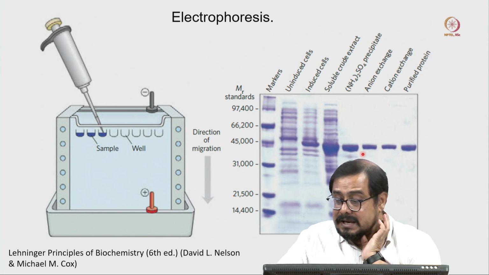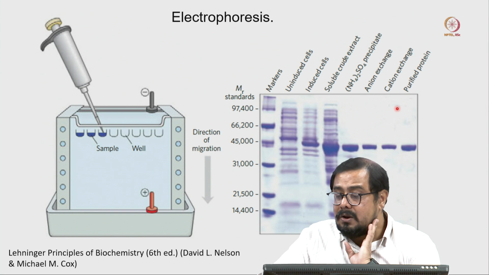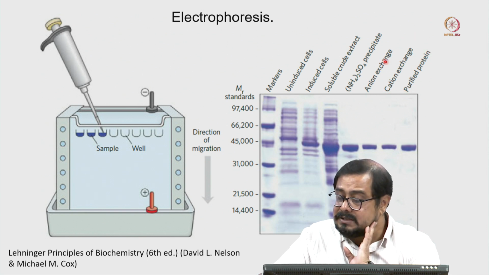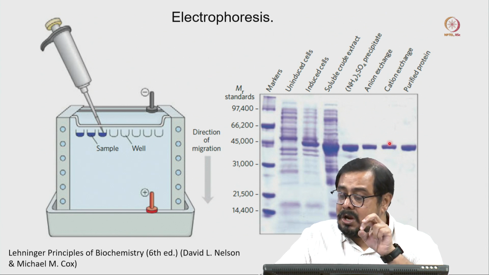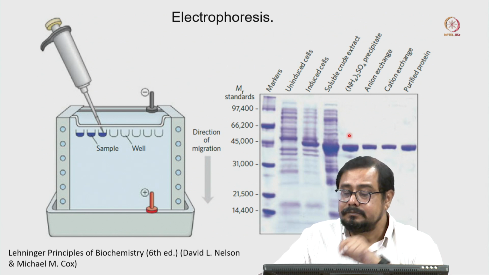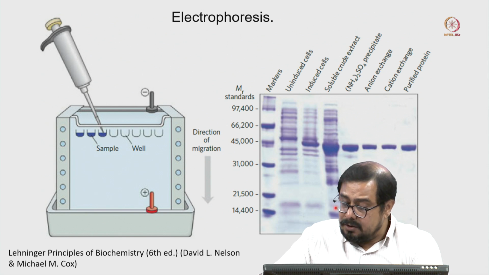Now, here you can see this is my required protein, where we mention purified protein, cation exchange protein, and anion exchange protein. Using this kind of purification, we isolated those proteins, and here this is the soluble extract and this is the uninduced. In this particular case you can recognize that after induction your protein is overexpressed, which is not present in the uninduced cell. This is the uninduced cell and this is the induced cell. In the induced cell you can see that band.